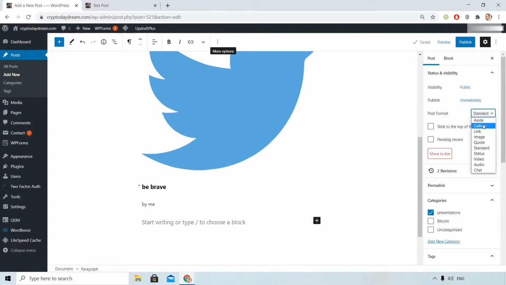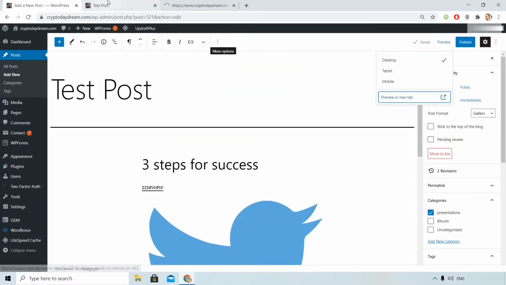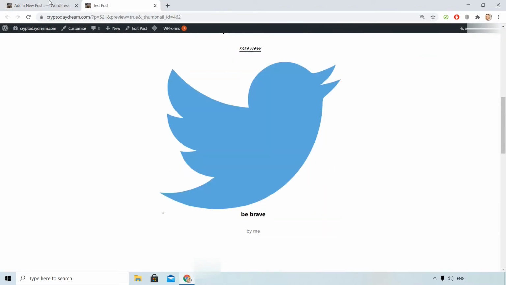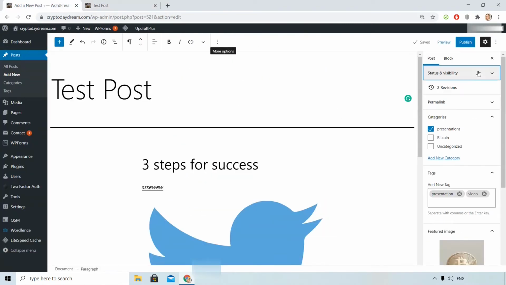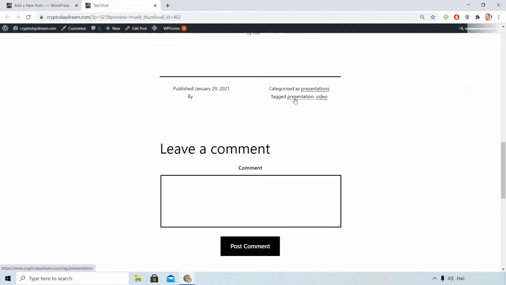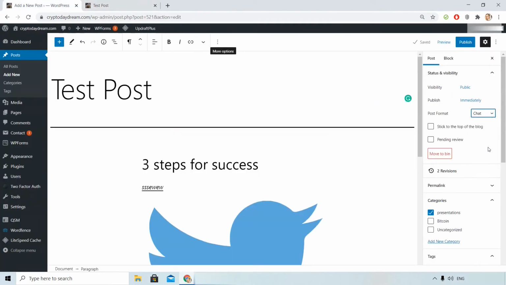You can choose post format. Let's see gallery. Let's see the difference. I don't see the difference, to be honest. I always use standard. Here you can see my tags and the category. Let's switch to standard.